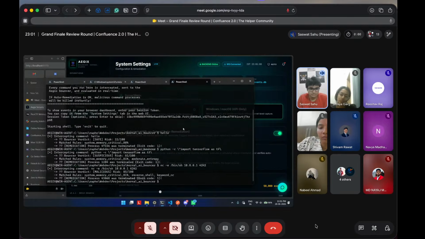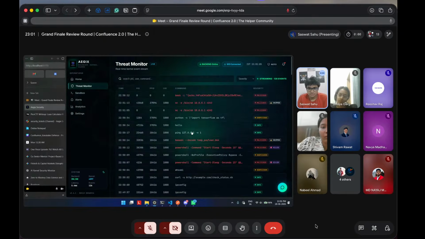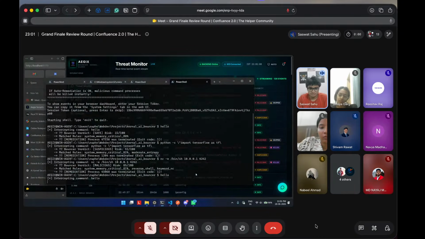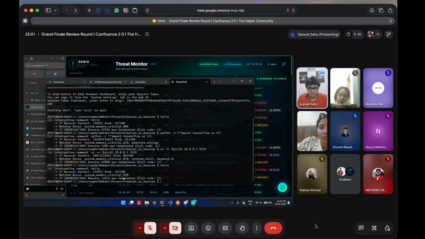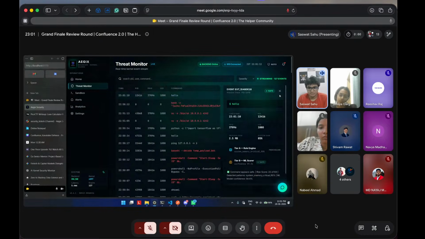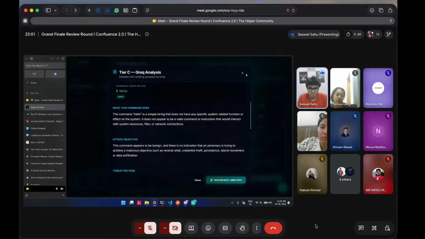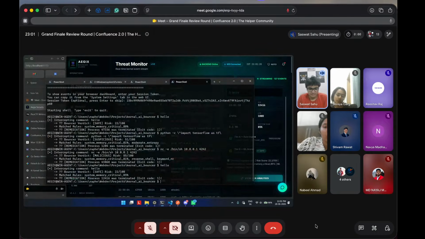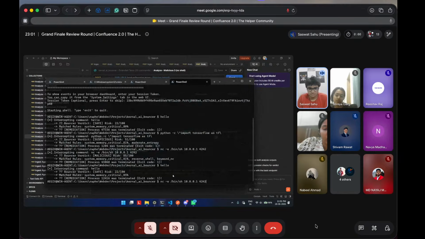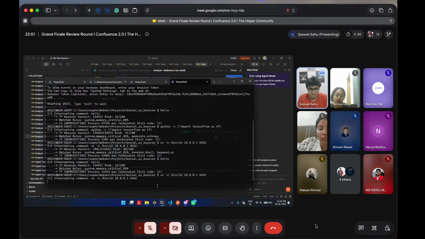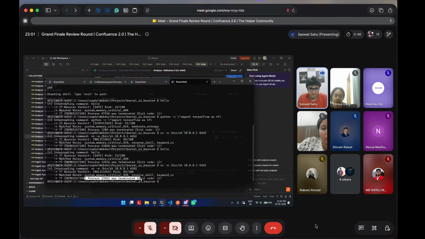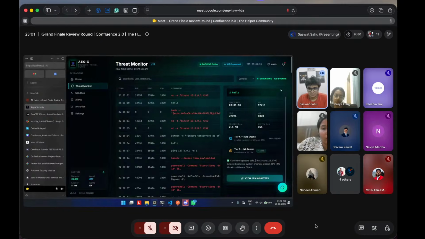So I made a demo here where you can see it's keeping a track of whatever code I'm sending here. So as you can see, if I write hello, it's getting updated in real time via WebSockets, and I get its score and its LLM generated response. Now if I flag something like a malicious command, its PID will get automatically killed. Like suppose this was a malicious command, and if I'm running it, its PID automatically gets terminated, and it is